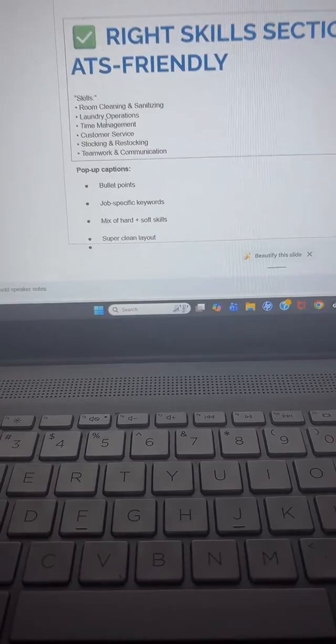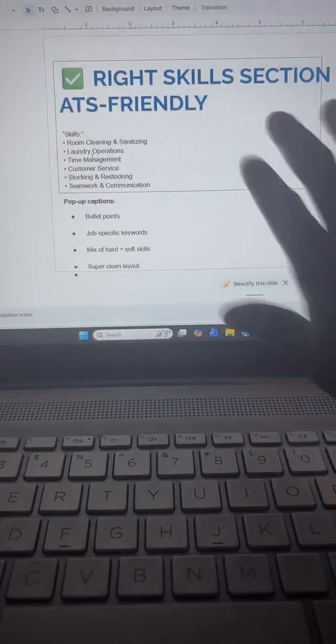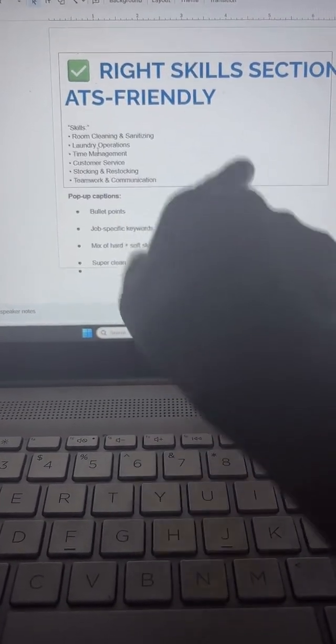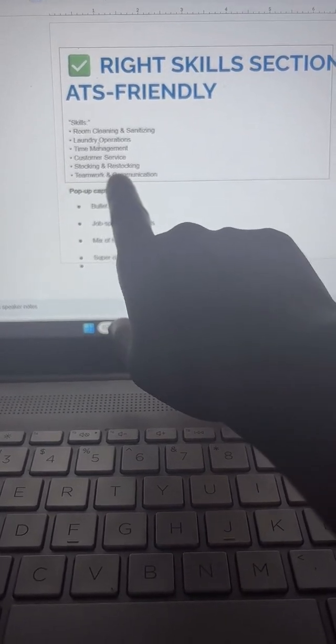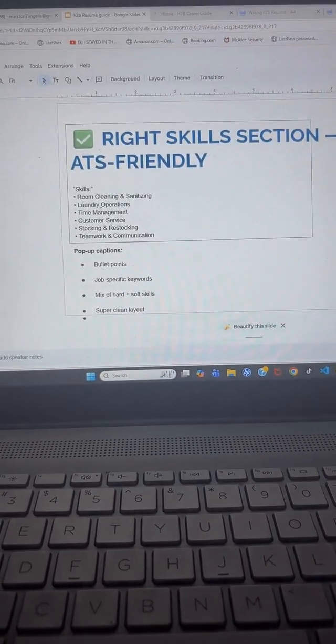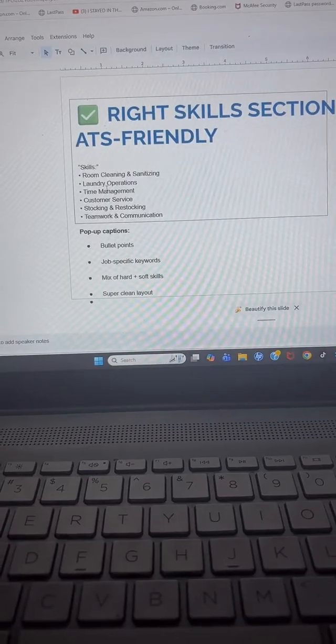Yeah, you want to use customer service, time management, stocking and restocking, teamwork and communication, things like that for your skills.